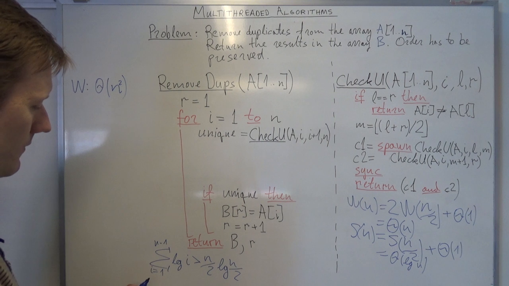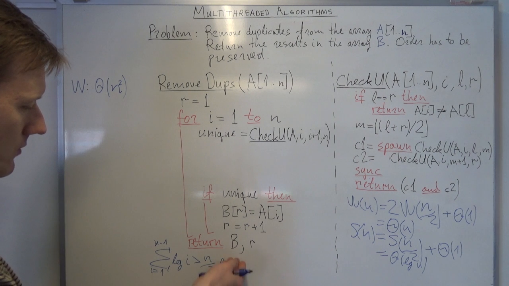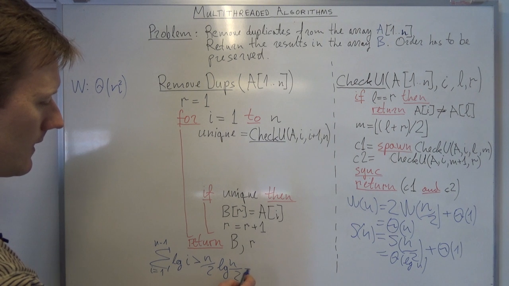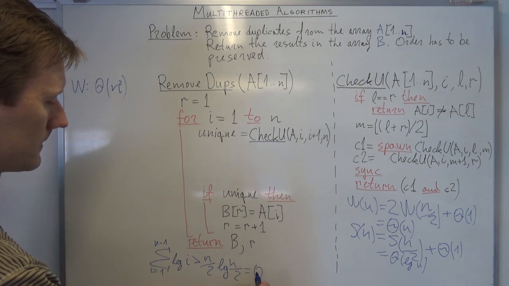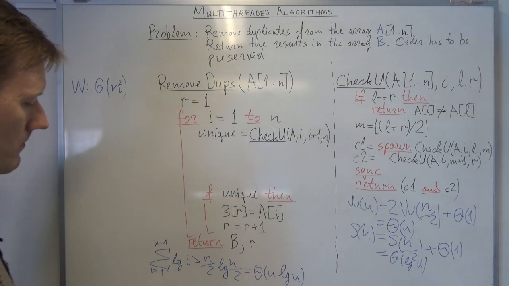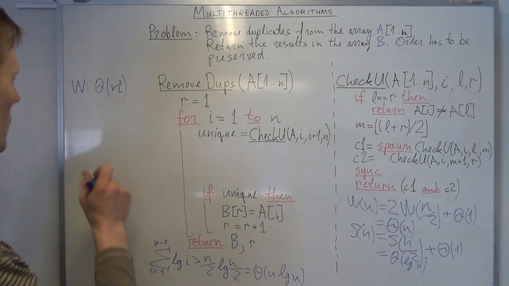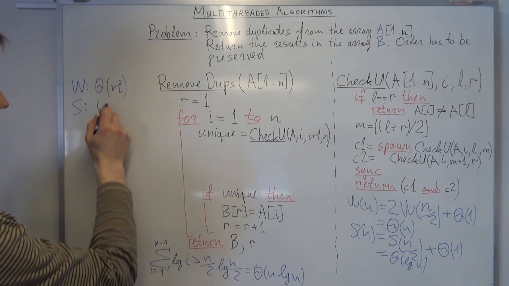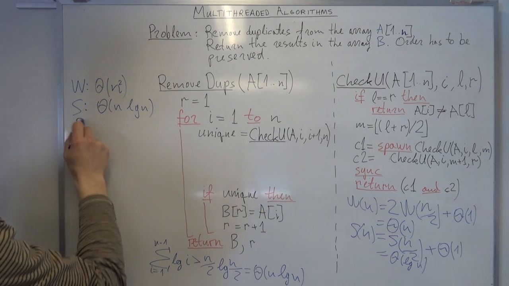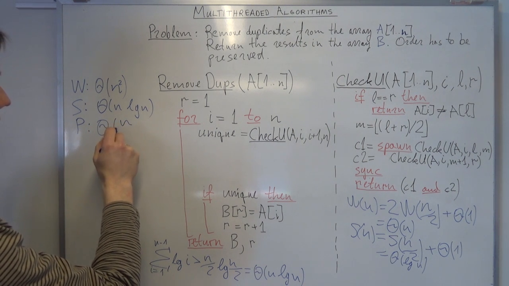So I throw away half of these, and then I reduce the other half to log of n over 2, and that is big theta of n log n, because it's definitely not more than n log n. So we have that the span is n log n, and then the parallelism is work divided by span. This means that it's n over log n,